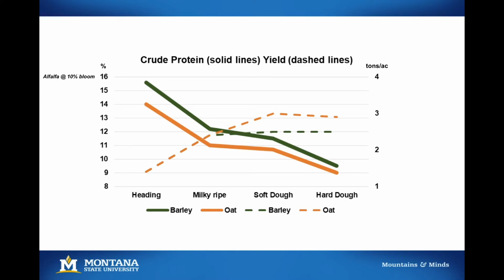Along the x-axis, 4 growth stages of a cereal crop: heading, kernel milky ripe, kernel soft dough, and kernel hard dough. Along the y-axis, crude protein concentration expressed as a percentage. Alfalfa at 10% bloom on average might contain about 16% crude protein. Barley, represented by the solid large green line, harvested at heading, will have a forage quality approaching that of alfalfa at 10% bloom. Oat, represented by the thick, solid orange line, will have a crude protein concentration of about